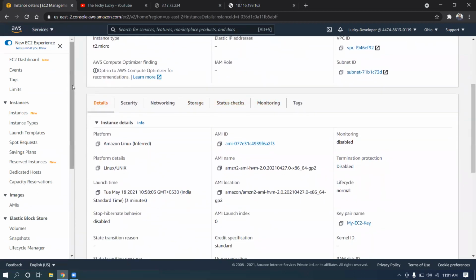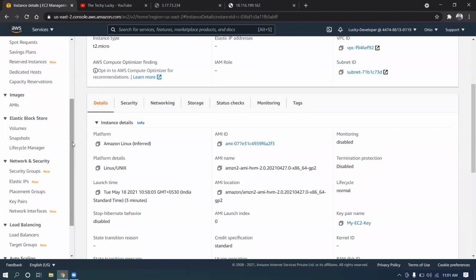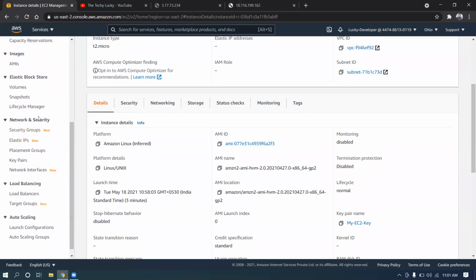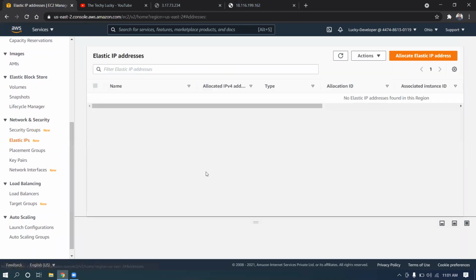How exactly? You can simply use the elastic IP. Remember, the elastic IP is one of the services available in the network and security area. As part of elastic IP, some rules are there. The elastic IP will not be chargeable for you as long as it is being used, or associated with your EC2 instance. Once it's not being used, it's chargeable. Whenever it's idle, only then is it chargeable. That you need to know.